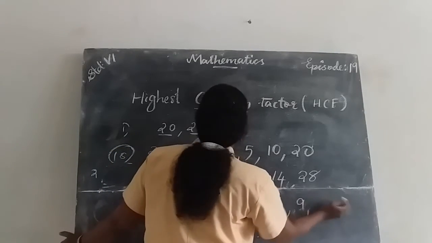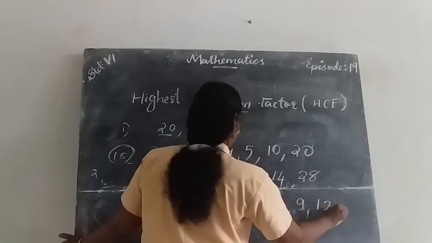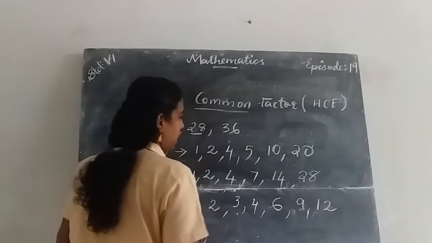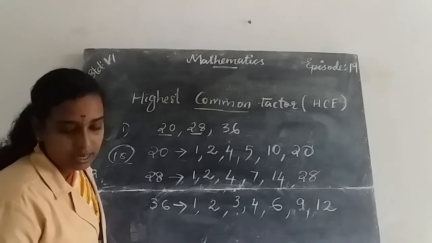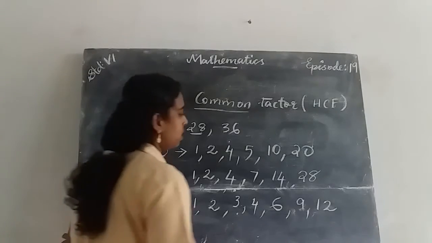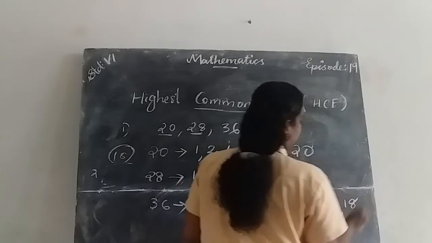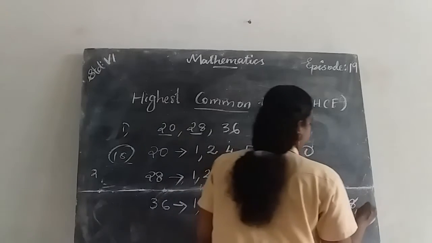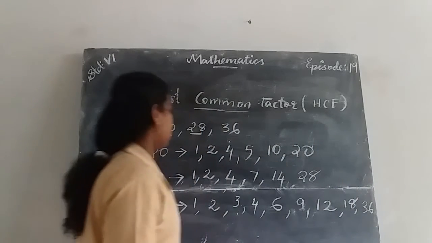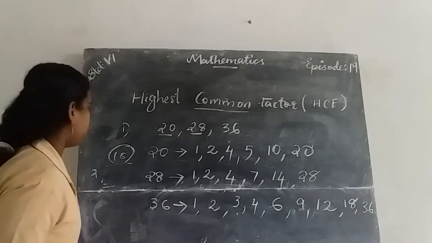Then the table of 12. 12 into 3, we get 36. Then it's under the table of 18. 18 into 2, we get 36. These are the factors of 36. Okay. So,